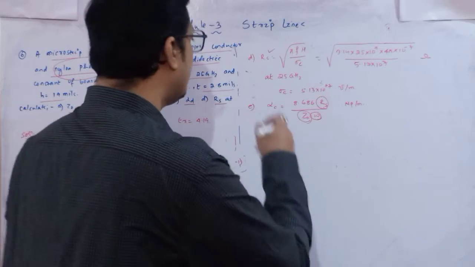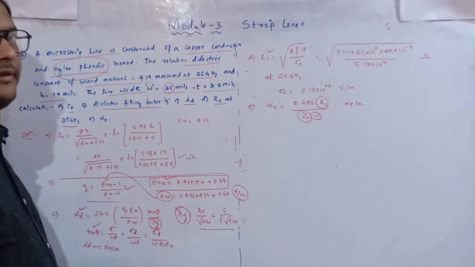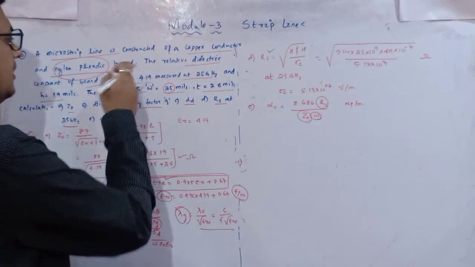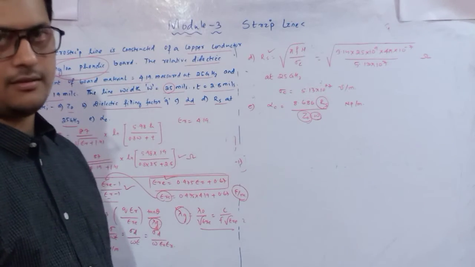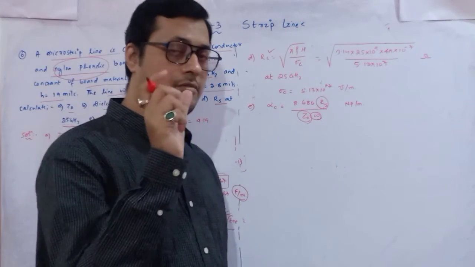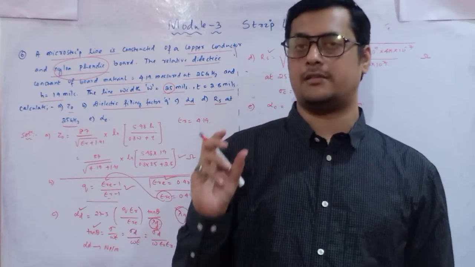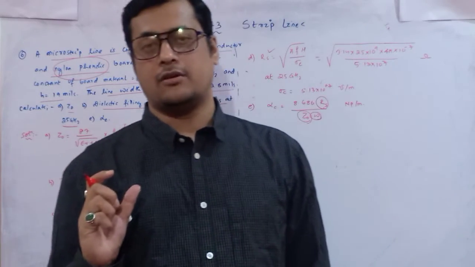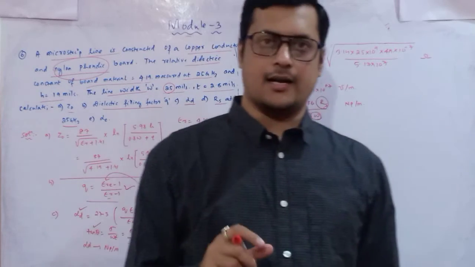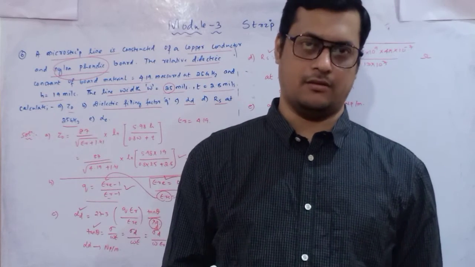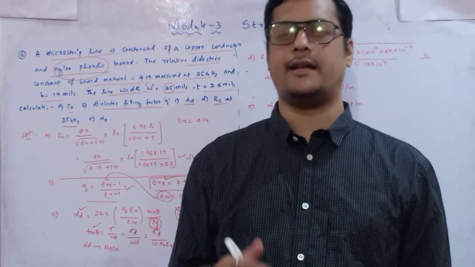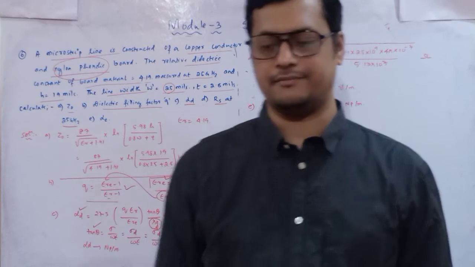Okay, so these are certain relations through which we can approach the unknown factor for the given question, for the given strip line. You have to first identify which strip line it is asking, whether it is a microstrip, a parallel line, a coplanar line, or a shielded line. According to that you have to proceed. Okay, one more question we will take and then we will wind up today's session.